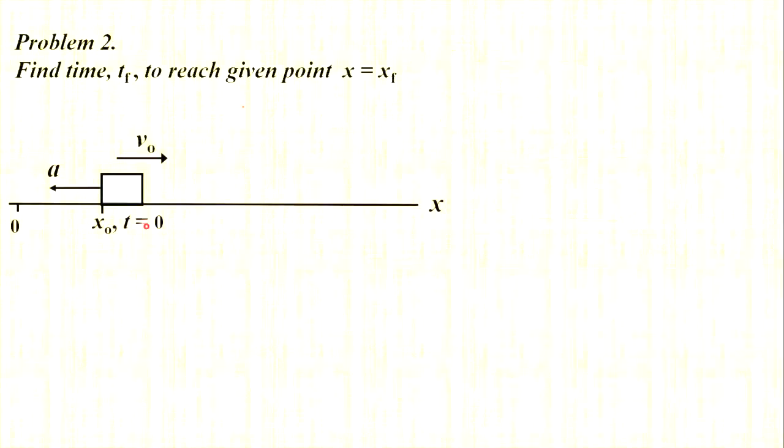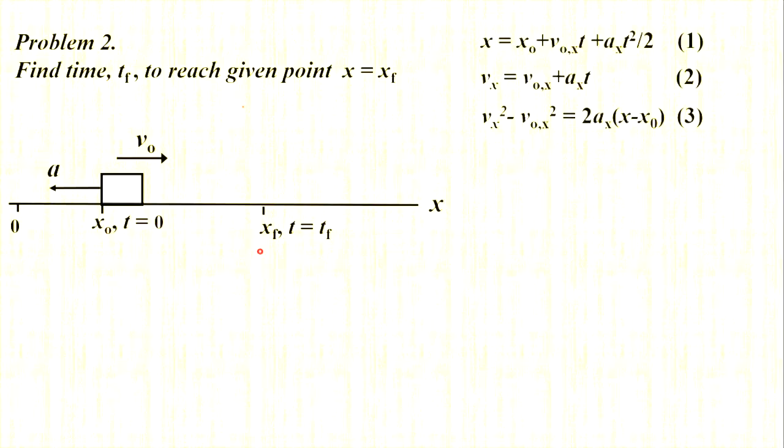And now we consider the second problem. We will find time tf to reach a given point with coordinate xf. So the object is at initial position, it has initial velocity given and acceleration. Also we know the initial coordinate on the x-axis. The goal is to find time tf to reach given point xf. To solve this problem we will use